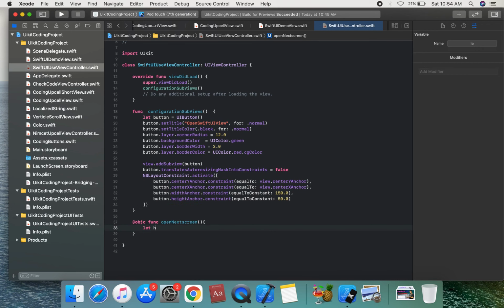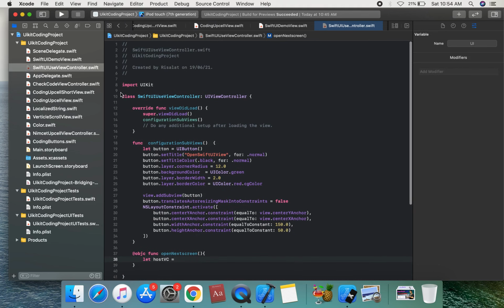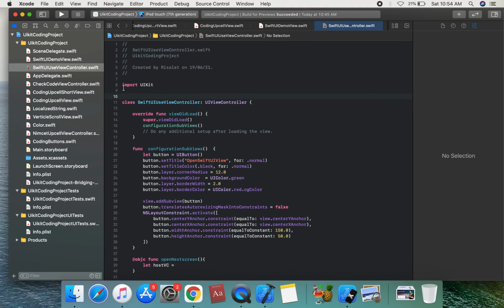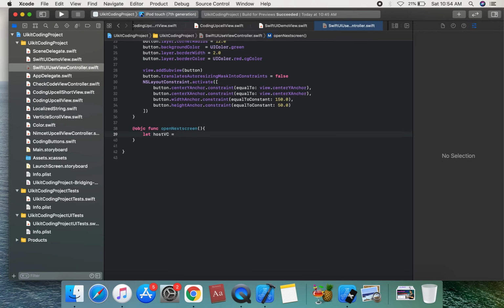So let hostVC. We set this hostVC; this is a UIHostingController in SwiftUI. We import SwiftUI, and we call UIHostingController.